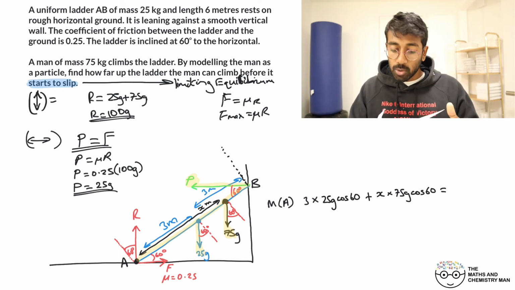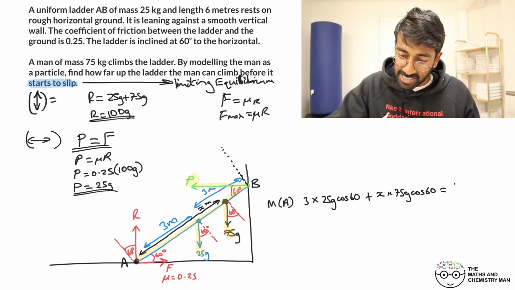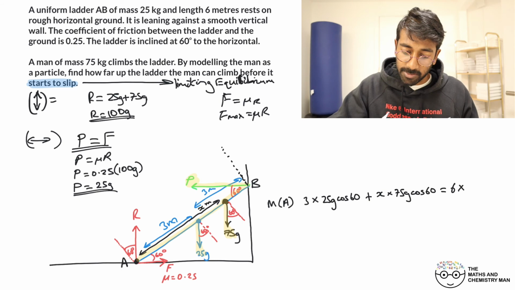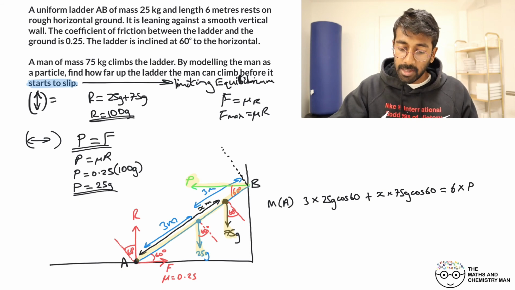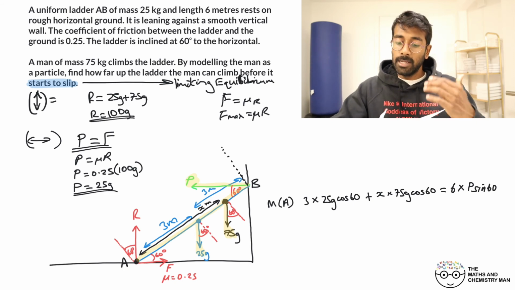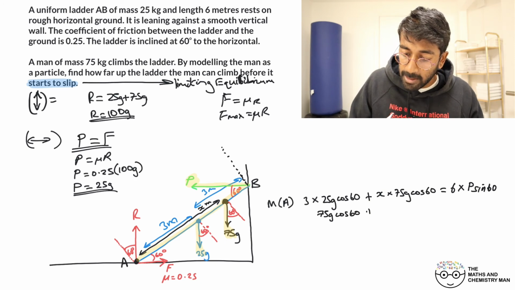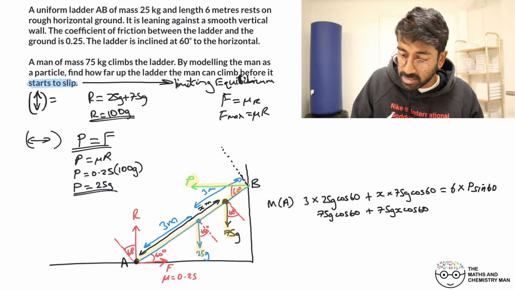And that's equal to the distance to P now, which is right at the end of the ladder. So that's going to be 6 meters multiplied by P, and we'll need to bring that to the perpendicular. That's going to be P sine 60. Now let's maybe start to neaten this up a little bit. So 3 times 25G, that's 75G cos 60, plus 75GX cos 60 equals